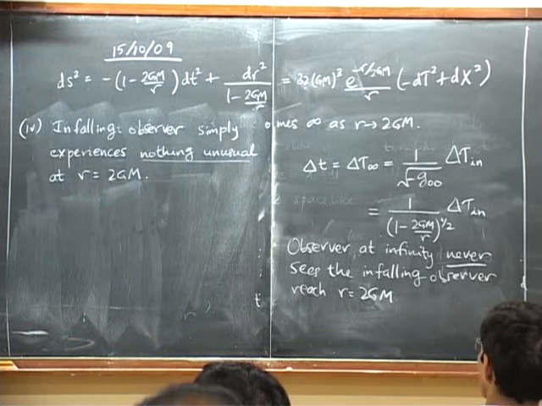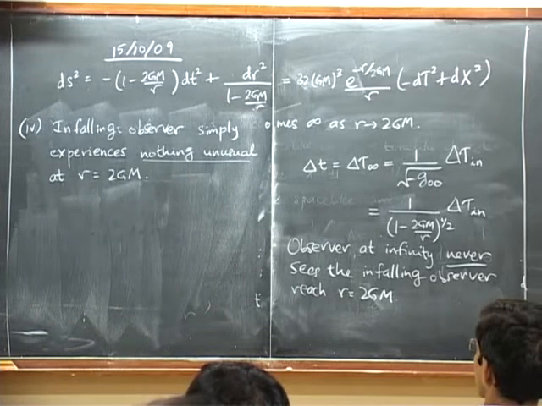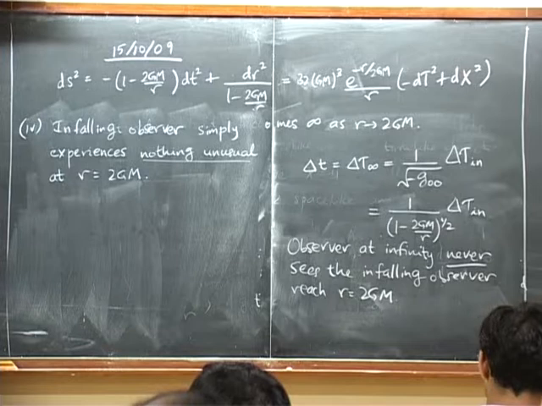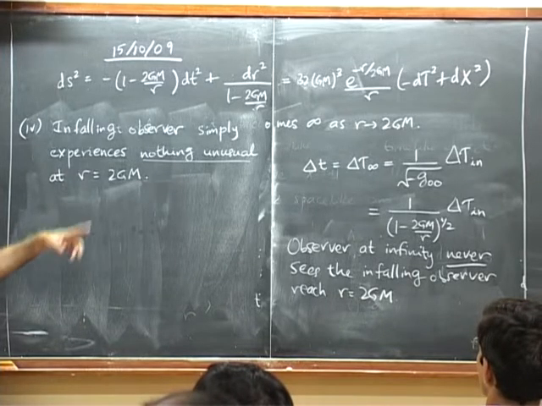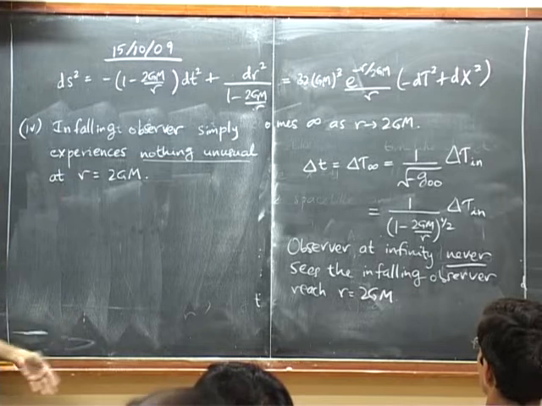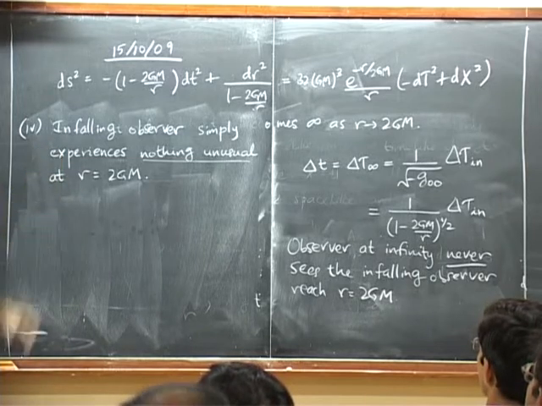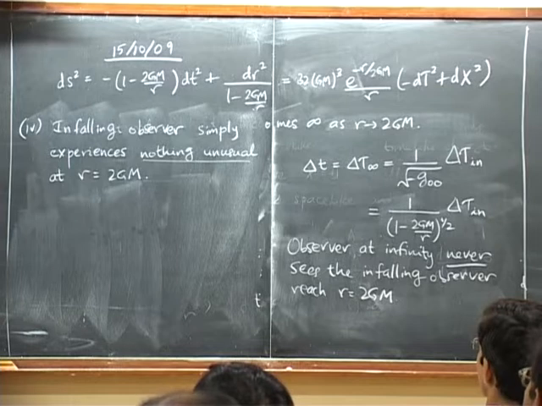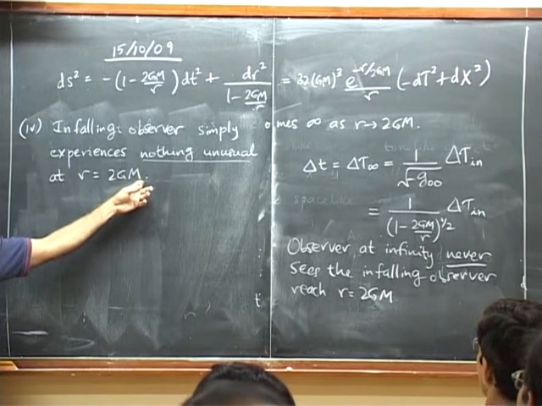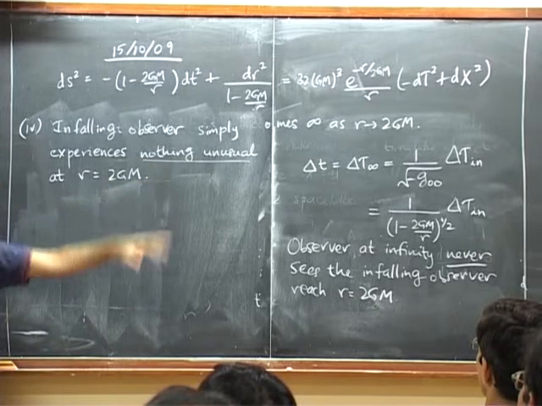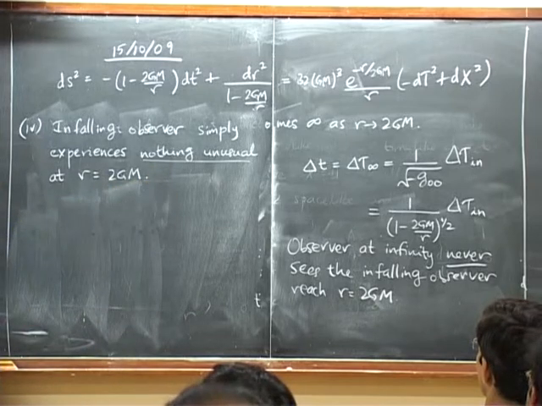Okay. Now this is apparently very contradictory, and it's one of the most classic examples of such contradictory experience in general relativity, which is that the person at infinity never even sees this person reach the horizon, but this person lightly goes through, and this can happen when there's infinite redshift. It means that what this person is experiencing at and after r equals 2GM is forever blocked from people at infinity. They cannot know it by any possible means.